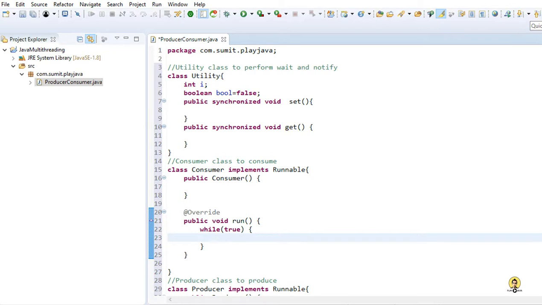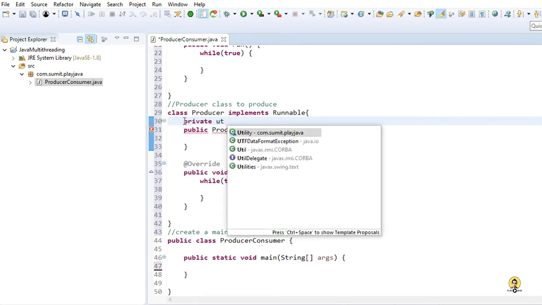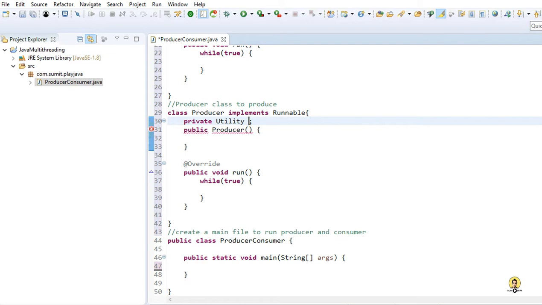So if you talk about the producer part, we need to pass the utility class here. So I will write a private utility and create the utility reference, and inside this constructor also I will pass the reference of utility, and here I will write this dot utility equals utility.